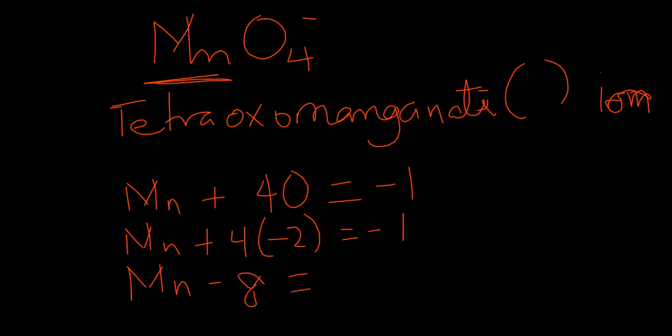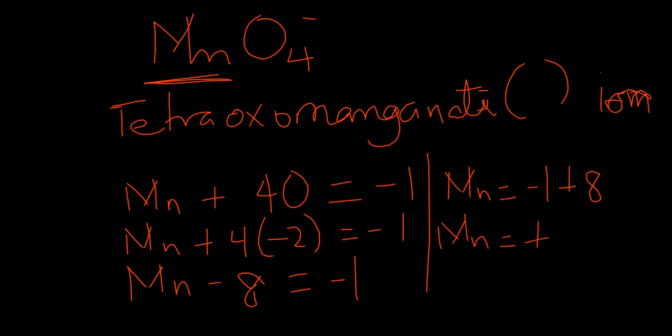Then Mn equals -1 plus 8. So that will give us Mn equals +7. So 7 will be VII. We'll put VII here. So the name of this compound will be tetraoxomanganate(VII) ion. As simple as that. I believe you understand how to name